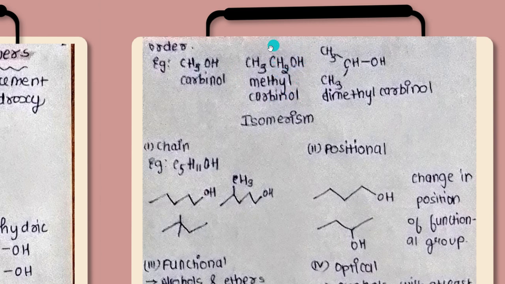Again, this is a carbinol group. CH2OH is a carbinol group. Except this, we are having one extra CH3. That is called methyl group, right? So that is methyl and this is carbinol. Again here in dimethyl carbinol, we have two methyls, right? This is my carbinol, CHOH, right? One carbon with OH is carbinol. Except that again two we have, so dimethyl carbinol. And again these two are not directly connected, right? These two are branched. So dimethyl carbinol.